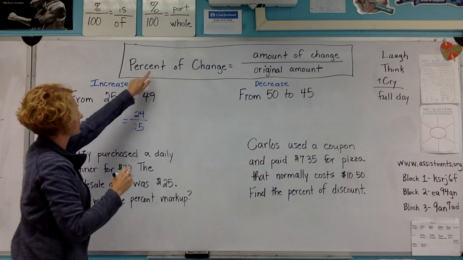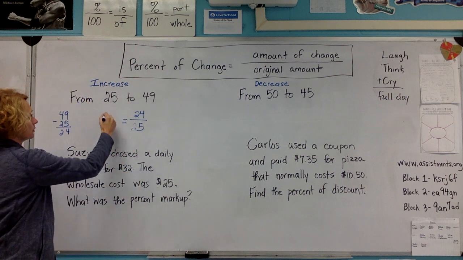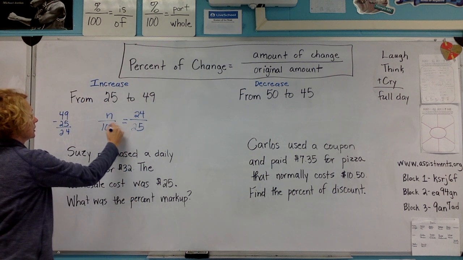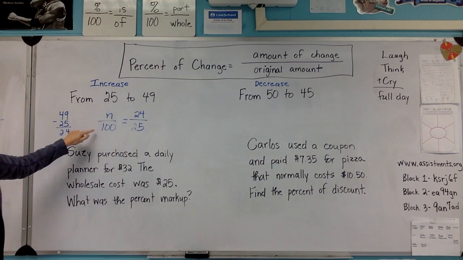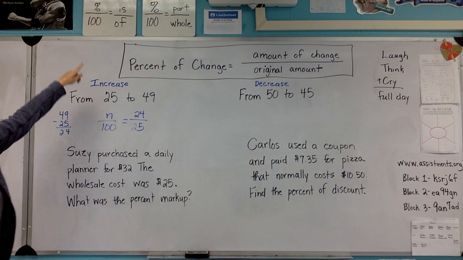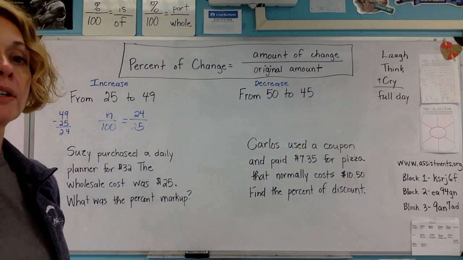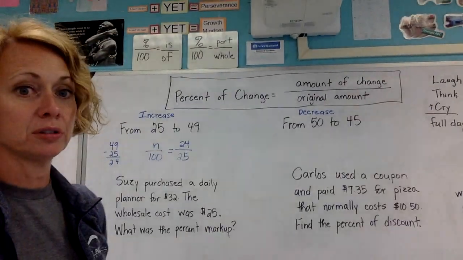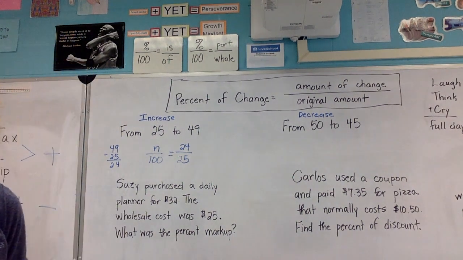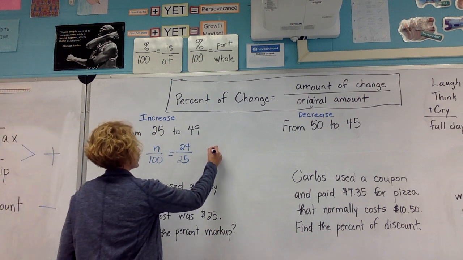And what I'm going to do is I'm going to find that as a percent. And remember that the way you find a percent is you're looking for a number over 100. Remember, percentages up there, it's always a percent over 100. All right, now I have a magic proportion that I can solve. Remember, I do that by cross multiplying. So in this case, I would have 100 times 24, and then I'm going to divide that by 25. And this is a 96%,